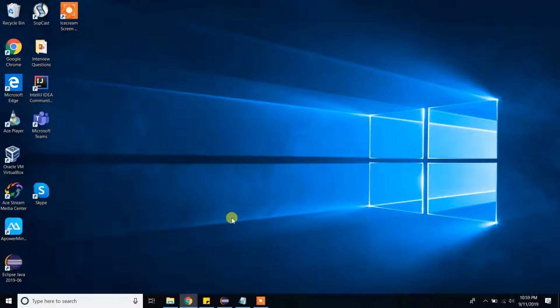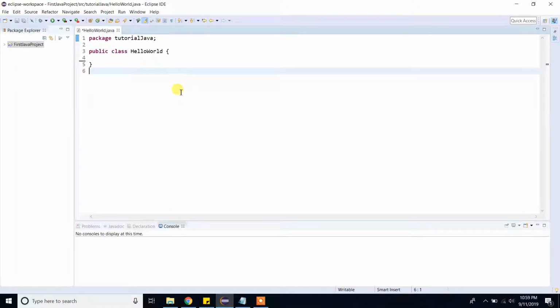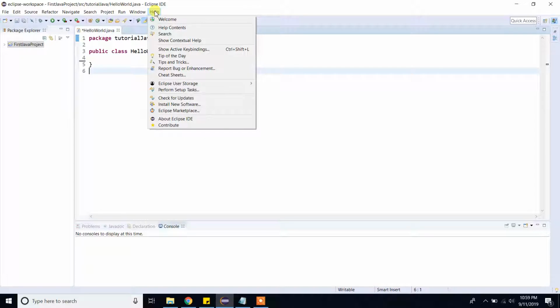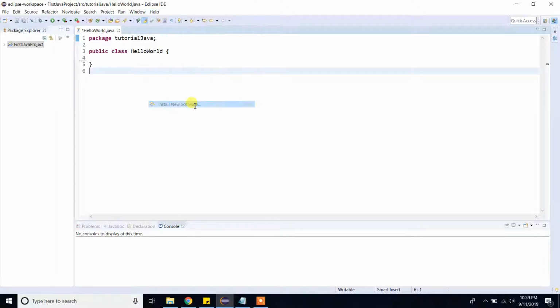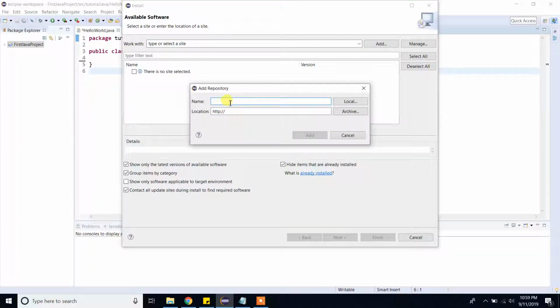So let's start to install. First, open your Eclipse. I have already opened my Eclipse. In the Eclipse, go to Help. In the Help, select Install New Software, and here click on the Add button, and here give the name Cucumber,